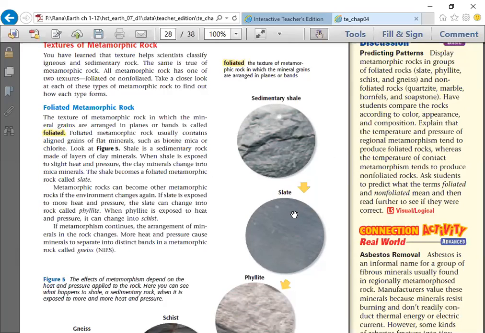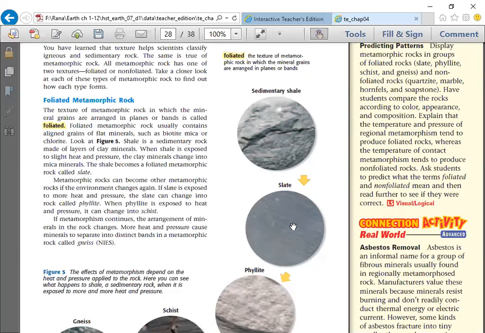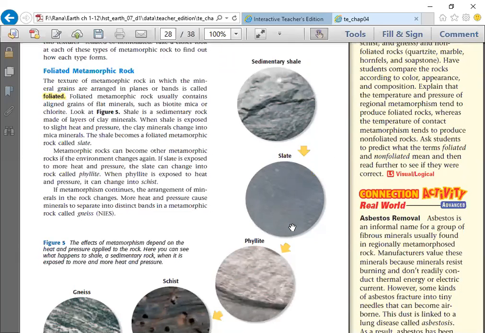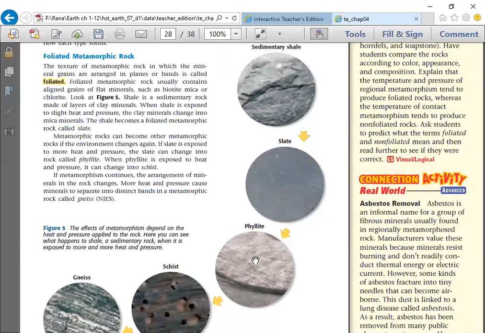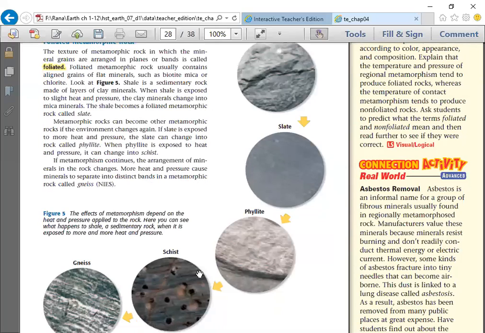Good. Metamorphic rock can become other metamorphic rocks if the environment changes again. If slate is exposed to more heat and pressure, the slate can change into a rock called phyllite. When phyllite is exposed to heat and pressure, it can change into